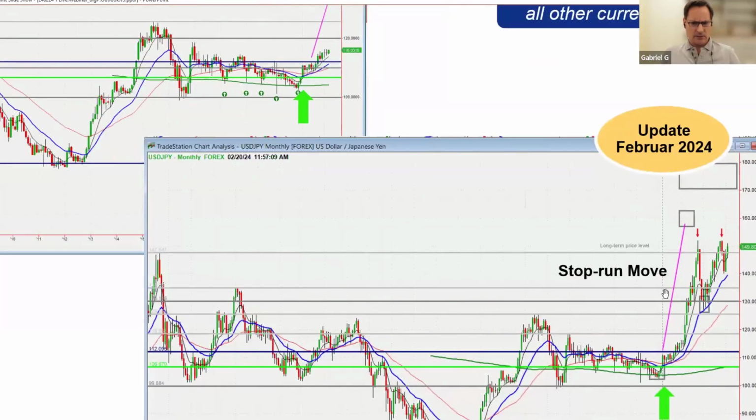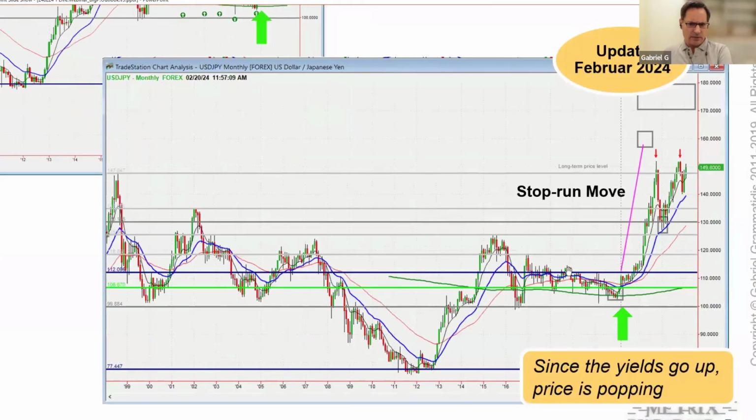Well, let's have a look at stop run levels here on the US Swiss chart, because we see the same thing. This is a stop run level, 1, 2, 3, 4 stop run levels, right? Your price goes through easily, right, with a lot of momentum, and then it tackles another stop run level further back in the past, and this is the last stop run level, right? So this is this big move. This is not yet. This is what we call a stop run move, right?